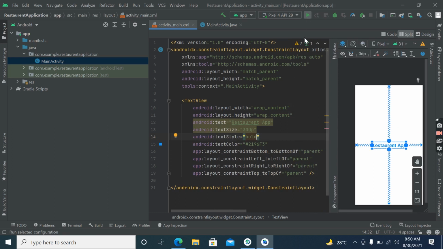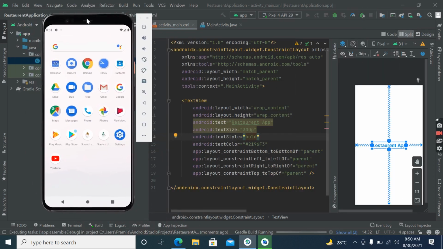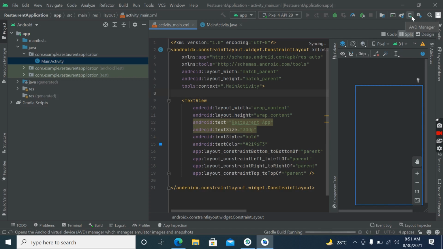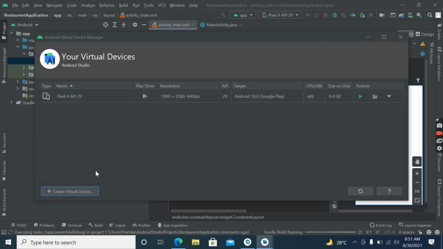Let's run this. This is the emulator. Okay, so this is free of cost. If you don't have an Android phone, you can use this. So you can create emulator from here. Go to AVD and virtual device, and you have to